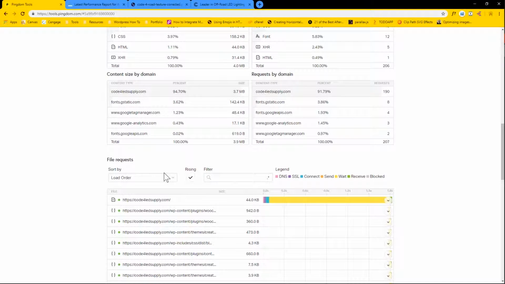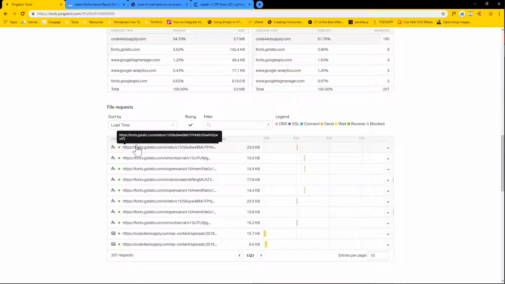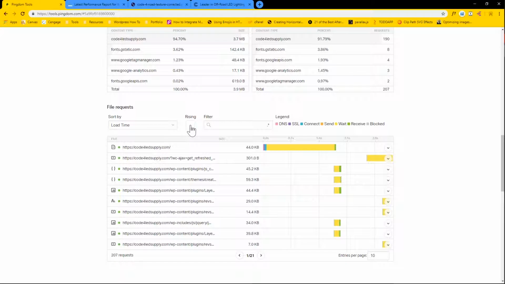The main thing that I like to do is go down here to this file requests area. And then I like to sort not by load order, but by load time, and uncheck this. And you can see which of the files associated with the site are taking longest in holding up the page render. So it looks like we've got the code file itself. We've got some Ajax here, more code, JavaScript. This JavaScript right here